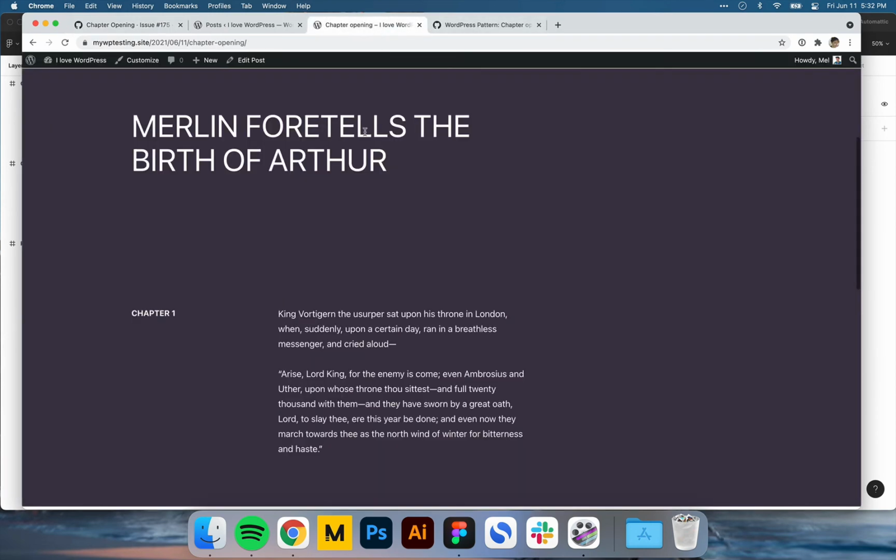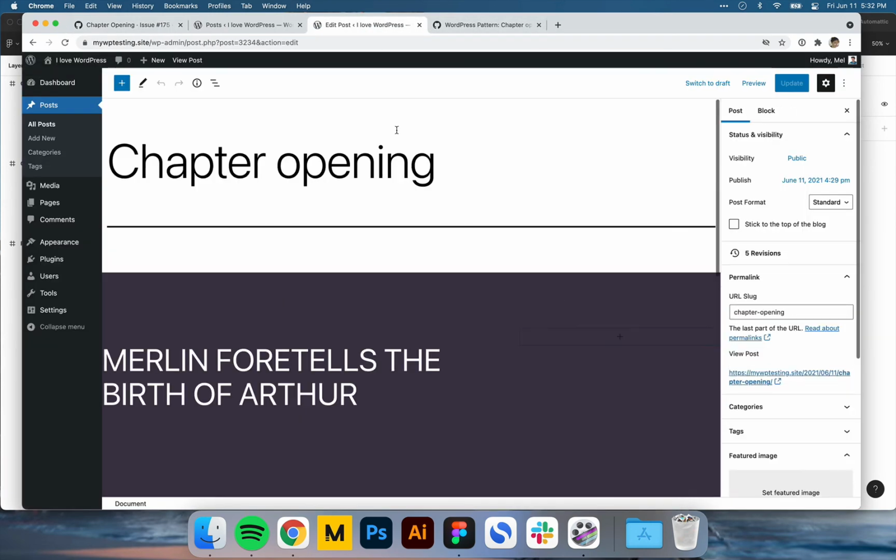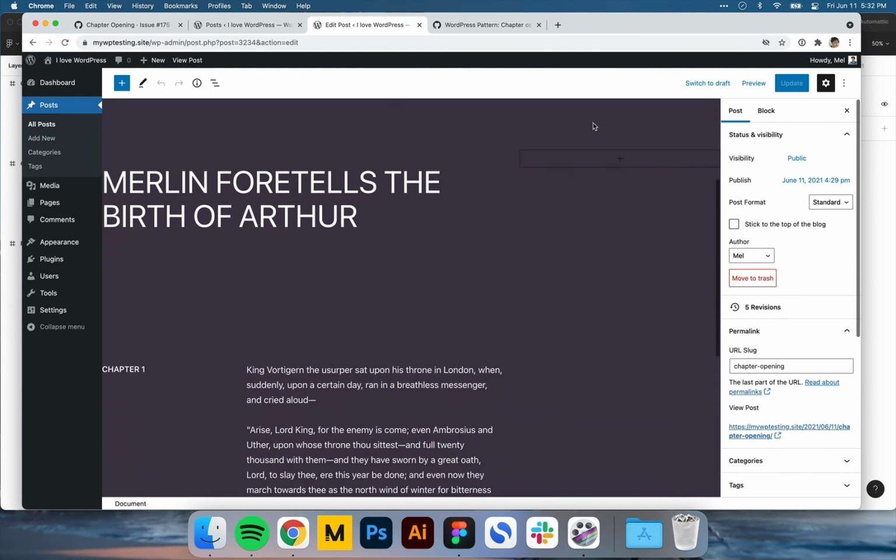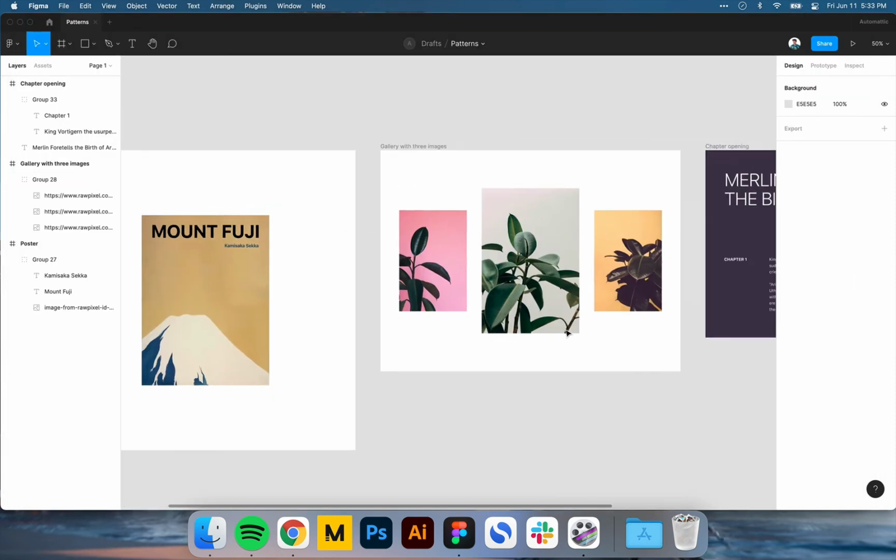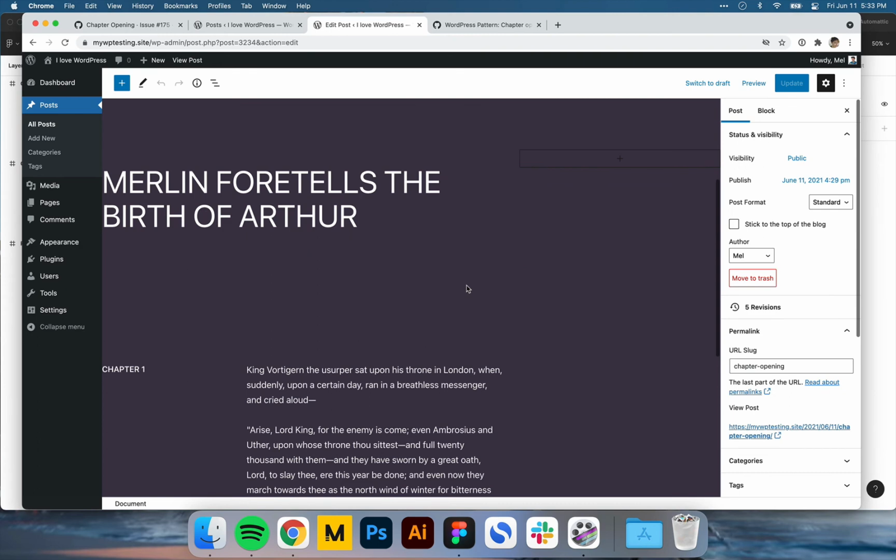And then in Gutenberg, really what I'm doing here is trying to match the design, but it doesn't need to be exact. The web is a very versatile medium. It's very flexible. So what you see in something like Figma isn't necessarily what you're going to see live. And so you just have to work within the existing constraints of the editor.